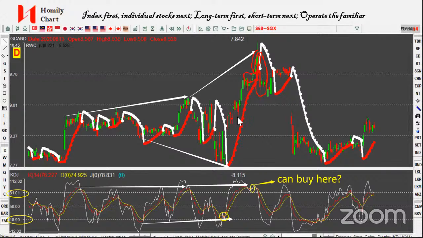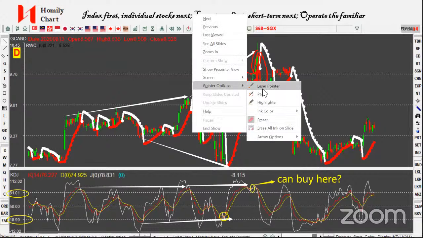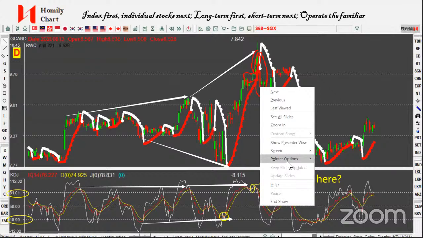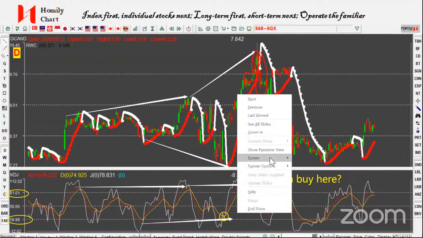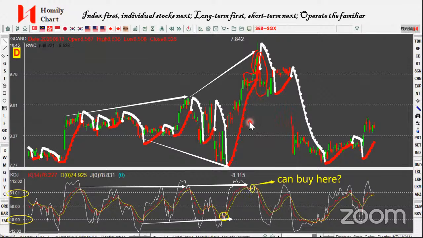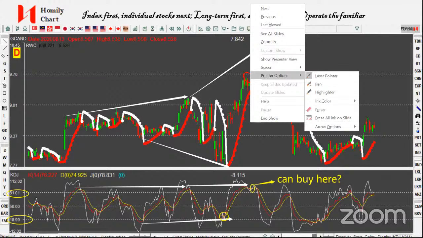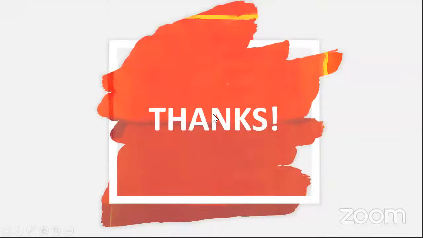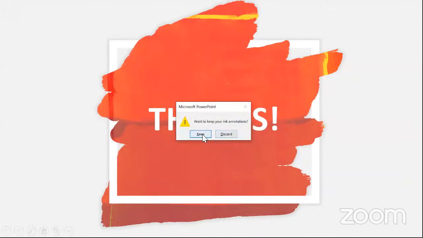Okay, so I think that's roughly what I want to share with you today about indicator application. The most important part, I believe, is the first and second part of this session. The third part about KDJ, right? That's just an example to show you how